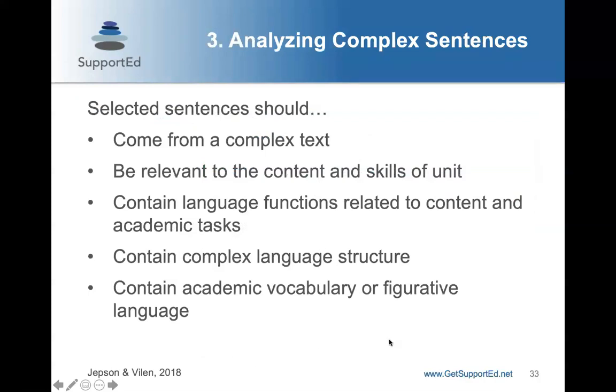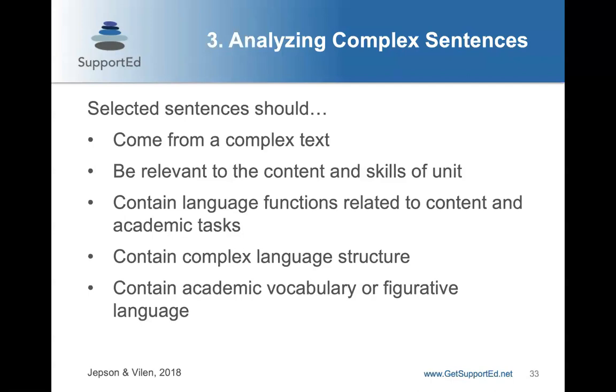And the third strategy I want to talk about is helping students analyze complex sentences. So we really want students, when they encounter a sentence that is confusing, to break it down. So the selected sentences should come from a complex text. It should be relevant to the content and skills of the unit. Again, you want the sentence to be connected to what you're studying, contain language functions related to the content and academic task.